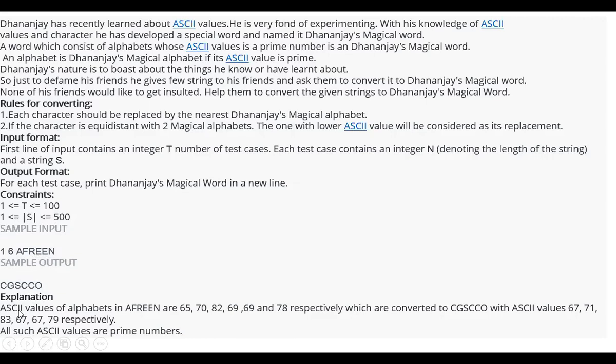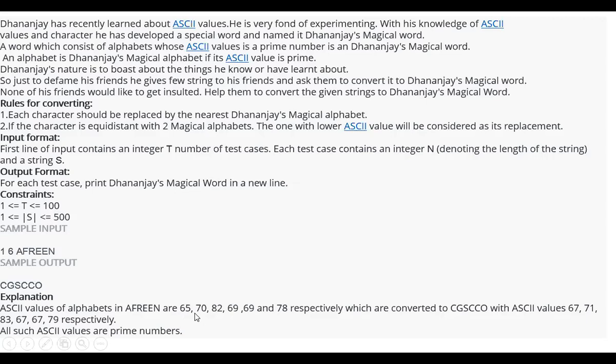And the explanation for this is the ASCII values of the six alphabets which comprise AFREEN are 65, 70, 82, 69, 69, and 78, which are converted to CGSCCO, with ASCII values 67, 71, 83, 67, 67, 79. So the ASCII value nearest to 65 which is also prime is 67.